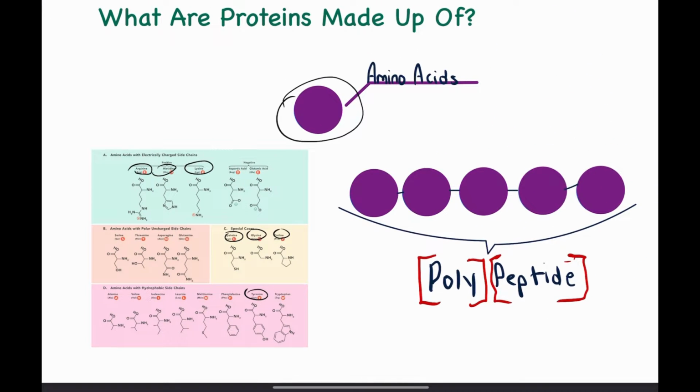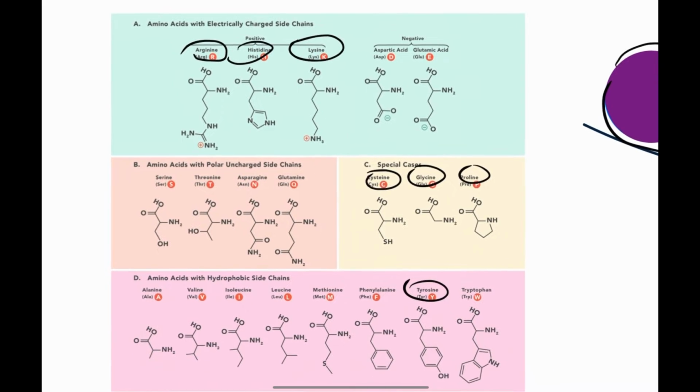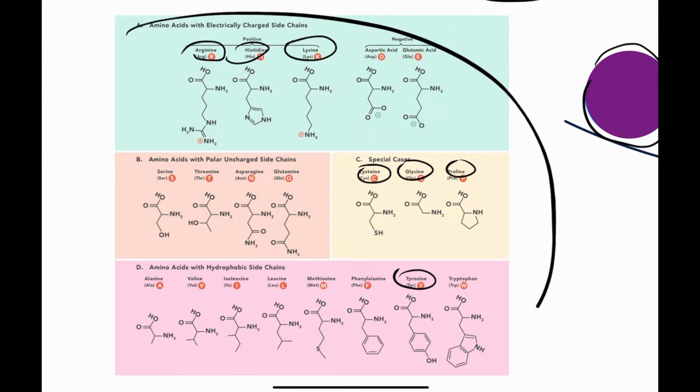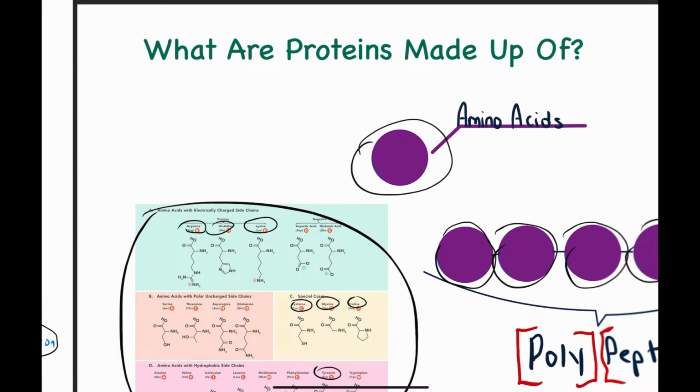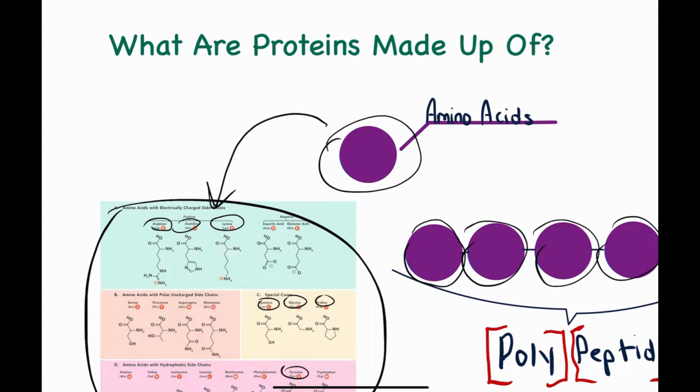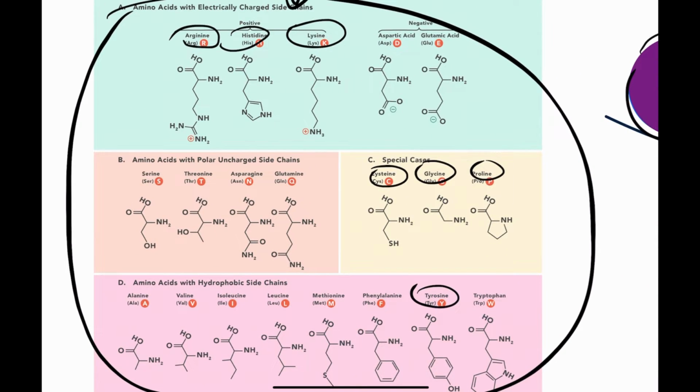And what happens with these amino acids is they can link together and they form something called a polypeptide here. For another video talking about polypeptides and the synthesis of these polypeptides, there is a video for that as well. And I'll also have a video going over how to memorize these amino acids, because you guys will see it on exams and tests. But for the sake of this video, let's just think that proteins are long polypeptides, and these polypeptides are made up of individual subunits called amino acids. And these amino acids are these 20 that are naturally occurring.